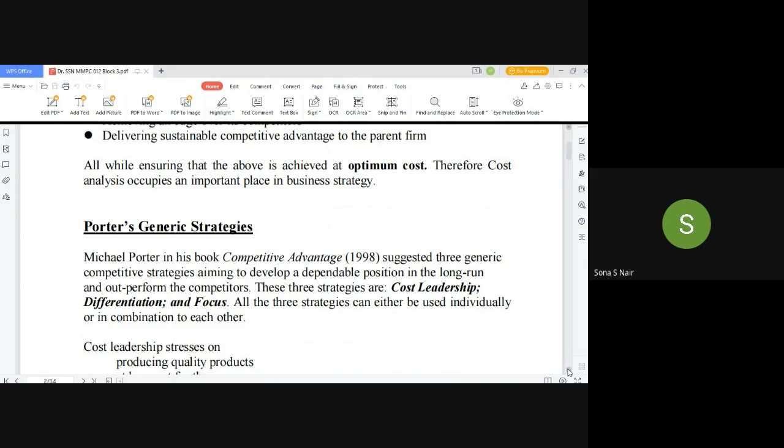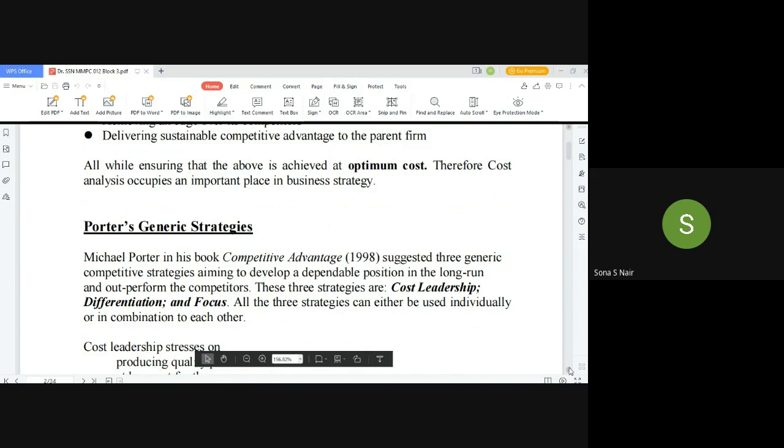Now, what kind of strategies are we talking about? What is the need of these strategies? When we are talking of the strategic management process, we've analyzed the environment, we know what objectives we want to achieve. Then we will be looking at strategies which can be followed. How do we achieve the objectives? How do we achieve our mission? Whatever has been targeted, how do we come to those targets? So, according to Porter, there can be three basic strategies which can be followed. One can be cost leadership, the other is differentiation, and the third is focus.